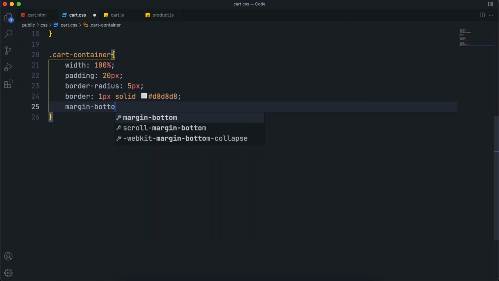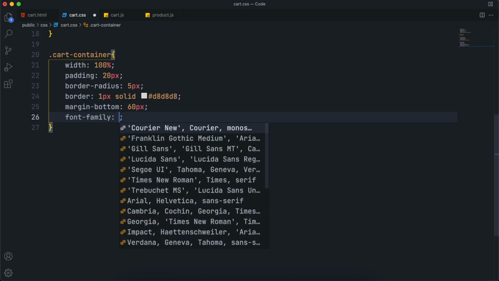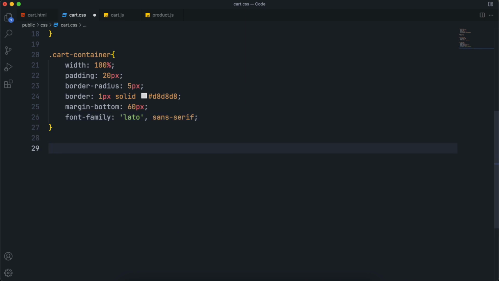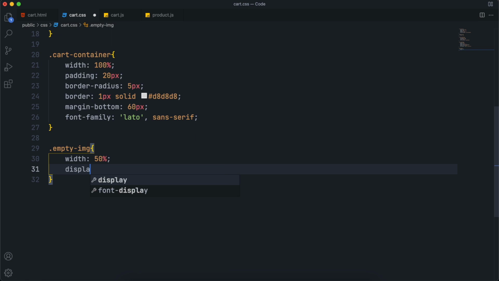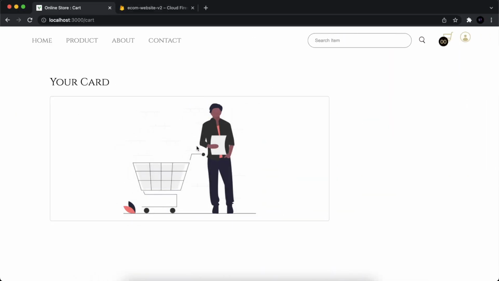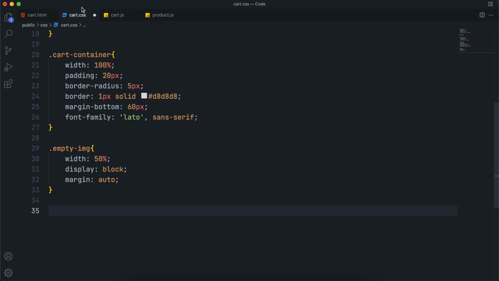Give it a margin bottom also, so it will create a little bit of spacing from the bottom, and set its font family to Lato sans serif so it will be more readable. Now select the empty image and set its width to, let's say 50%, and set display block. So if you set its display block, you can align it in the center using margin auto property, so you can see it is in the center.